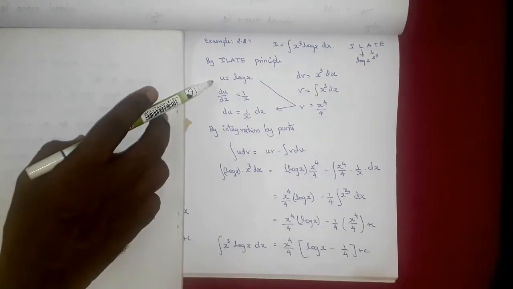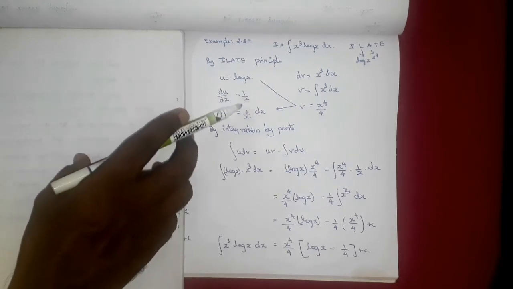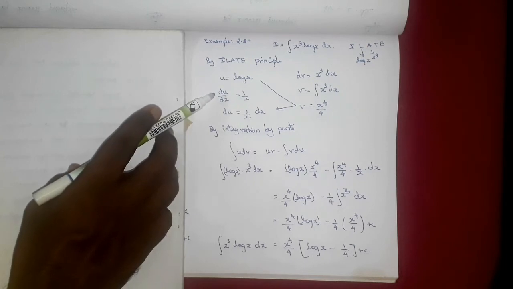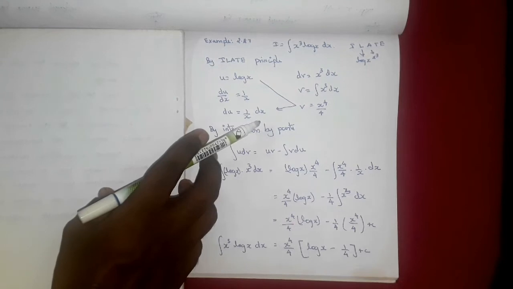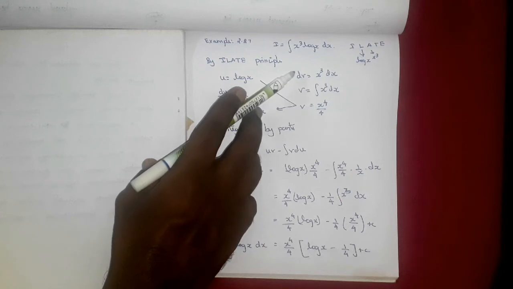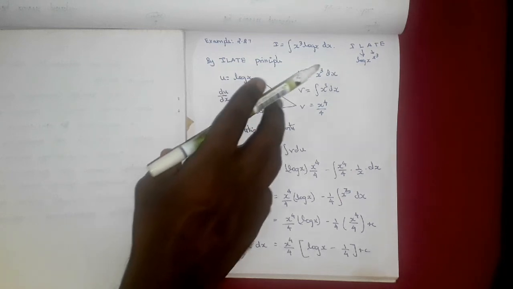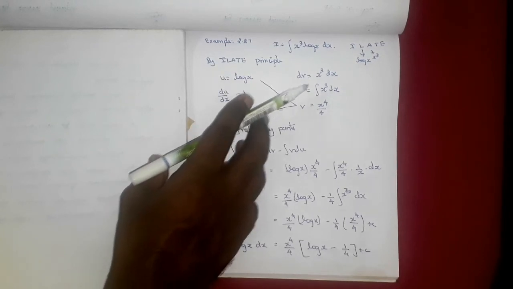U equal to log x. When you differentiate u with respect to x, we get what? Du by dx, and the log x, when you differentiate, 1 by x. We need particularly du, so take dx to the other side. So du equal to 1 by x into dx, right? Now we come here. The other side, we got dv. From that, can we get v? Yes, by integration, right? When you integrate on both sides, you get integral of dv is obviously v, and integral